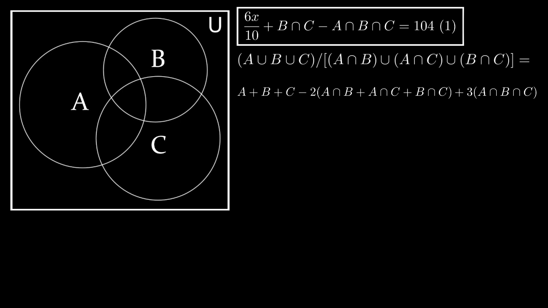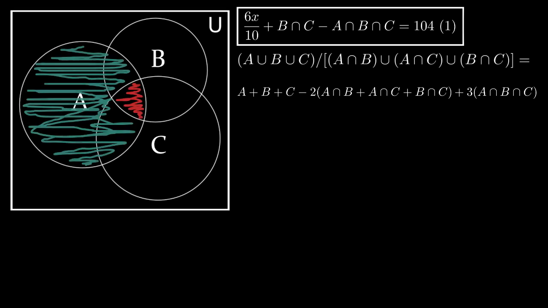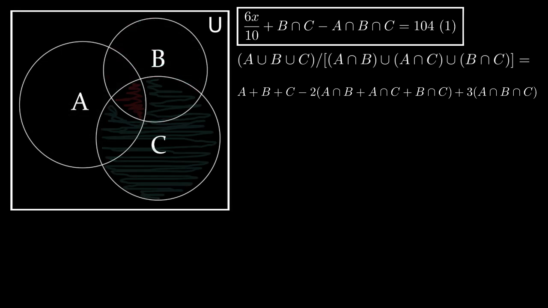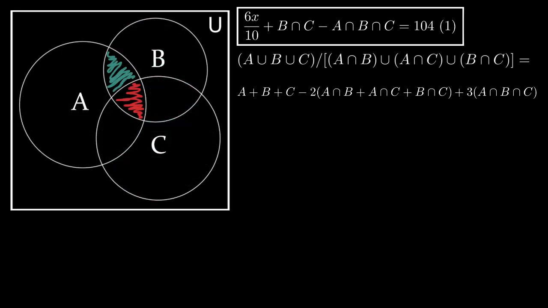When we added A plus B plus C, we added A intersection B intersection C 3 times. And we subtracted it 6 times when we subtracted all those other sets. Since we don't want A intersection B intersection C in the final result, the net addition has to be 0. So since we added it 3 times and subtracted it 6 times, we have to add it 3 times in